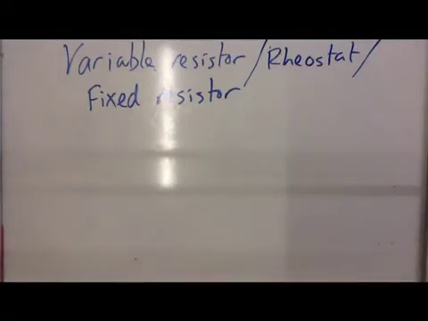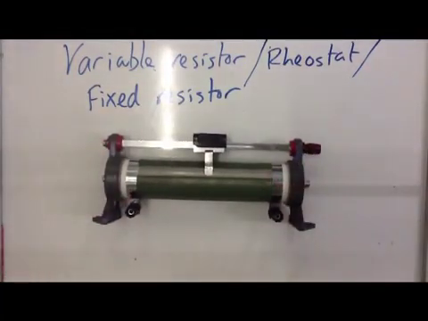Okay, quick video about the variable resistor, this piece of equipment here, which is also known sometimes as a rheostat. It can also be known as a fixed resistor as well. Now, in variable resistor form, what we find is that